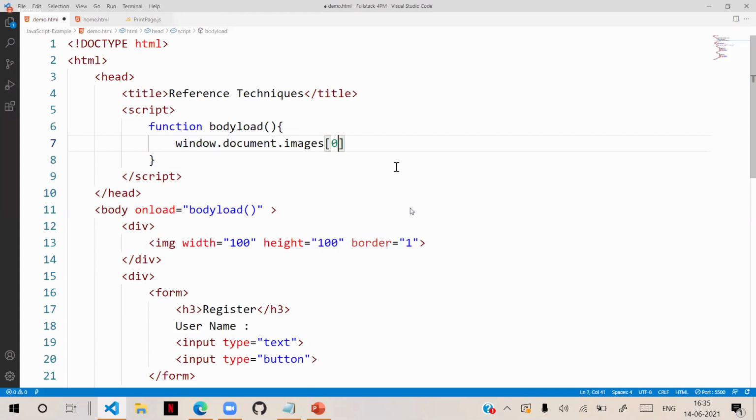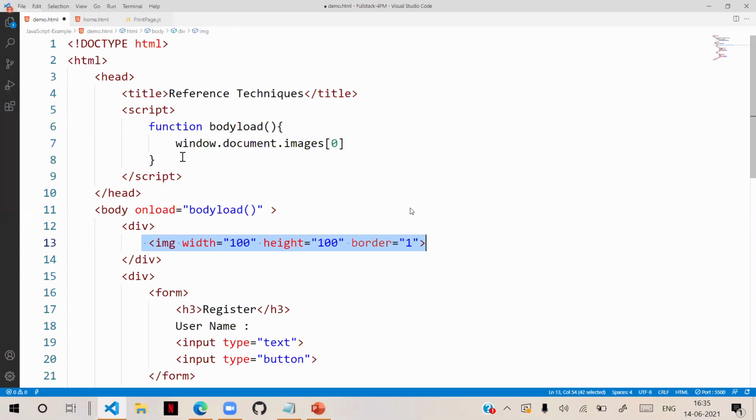It refers to first image. So in the memory collection, the index number starts with 0. So at 0, first image is present. At 1, second image is present. We don't have any second image, only one image is there. So that is 0. That means you are referring to this image.